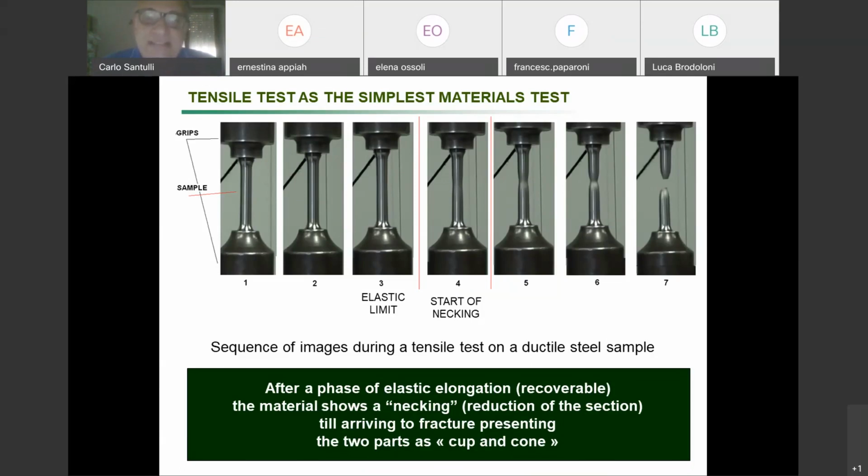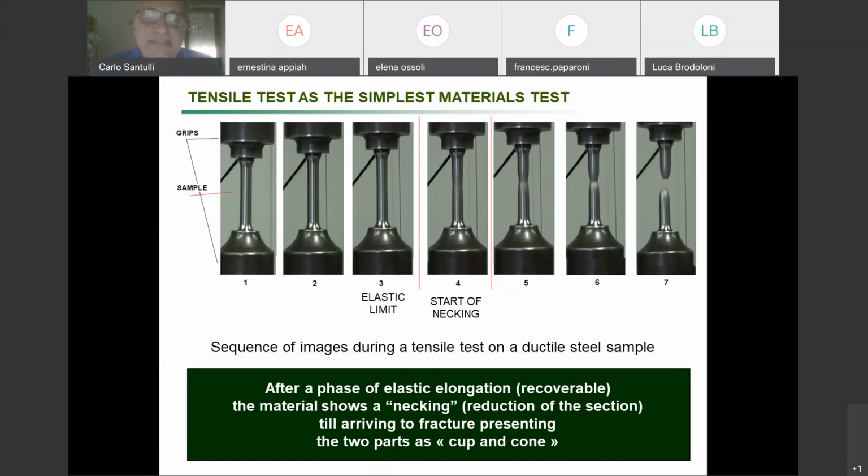This is a steel sample. The typical shape for a steel sample is a bar, or a flat specimen shaped in the form of a dog bone. And so we call them dog bone specimens. But apart from this, which is of course subject to norms and standards on how to carry out tests,